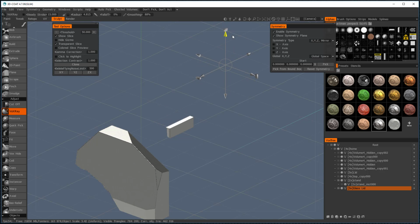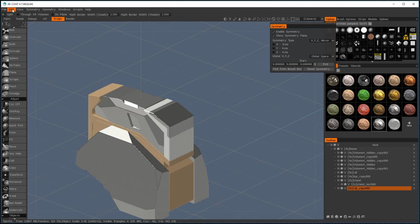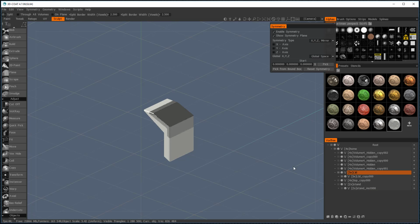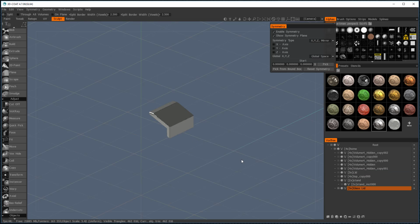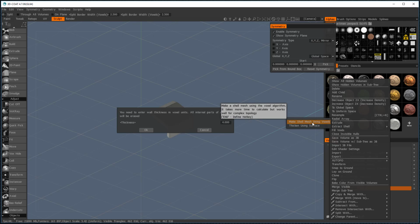You can see I don't really have any thickness on this glass lid. So I'm going to edit, undo, edit, undo, edit, undo, and undo. Okay, so let's go back. That's where we moved the lid to the top. So let's go back now, and made the lid, glass lid. Okay, so I'm going to try a higher number then. Instead of extract shell using voxels 4, I'm going to use